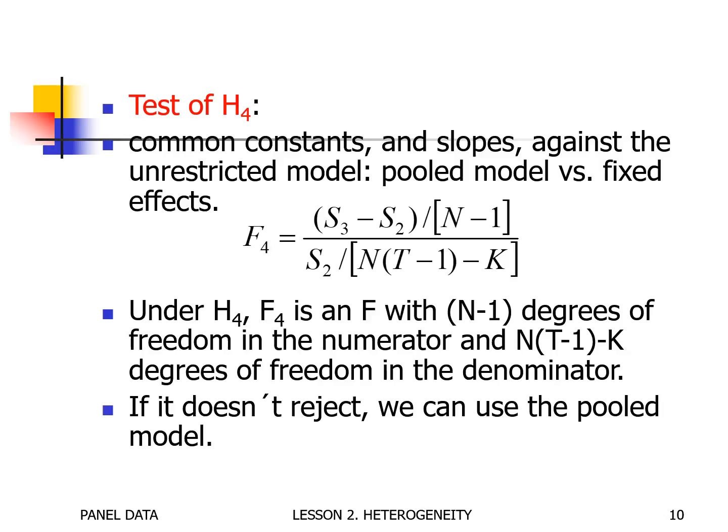This quantity is NT, which is the sample size, minus N, which is the number of constants that the fixed effect model is using, and then minus capital K, which is the number of slopes that